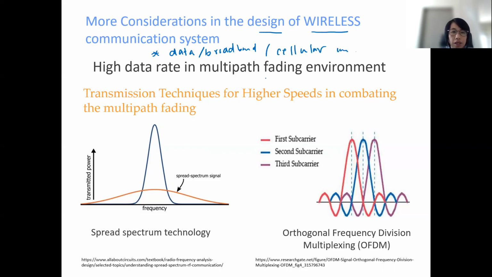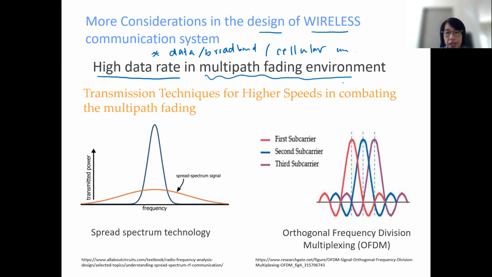This is true because most wireless communication has a goal of a high data rate, okay, high speed transmission. When you are playing a game, right, you want very high speed and broadband, then you can play in real time, right? So most of the big applications have a goal of high data rate,